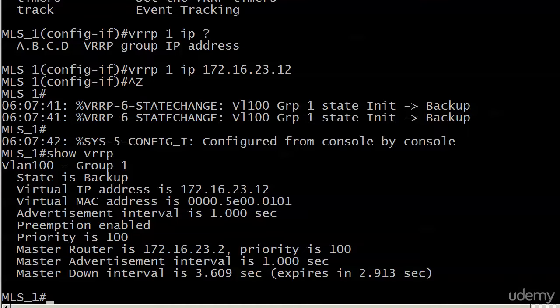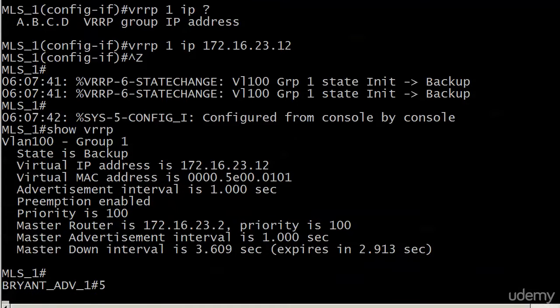Back to work. The master advertisement interval is 1 second. That's because if you're changing that interval, you do need to change it on the master router itself. And that's it. You know, we've got our down interval, but as long as we're getting those little ads every second, we're perfectly fine. So let's go over to switch 2